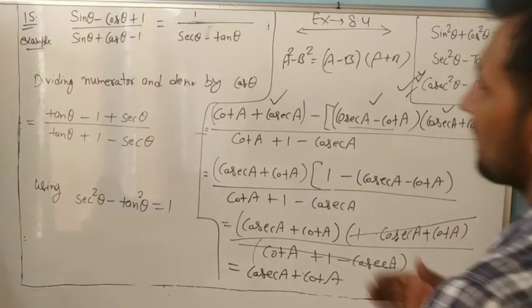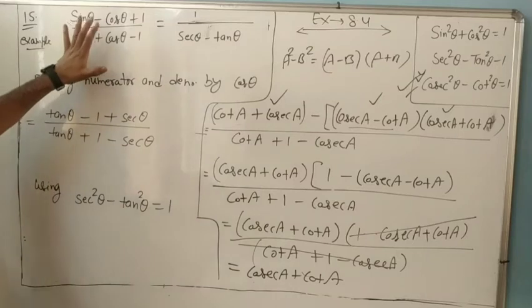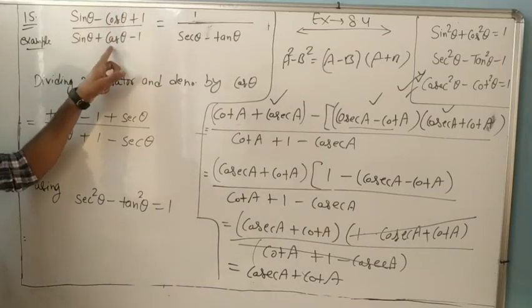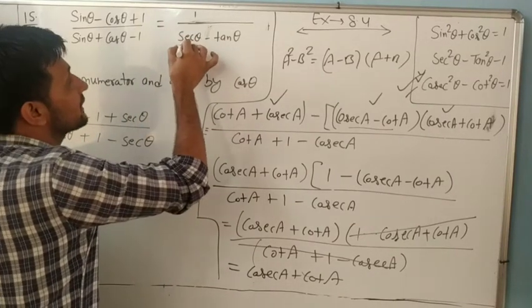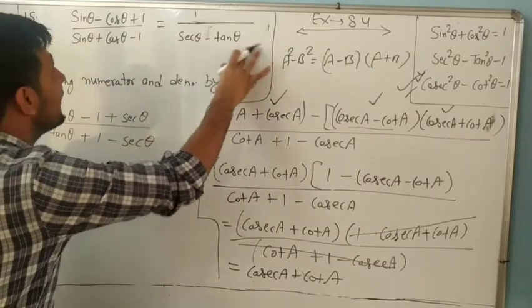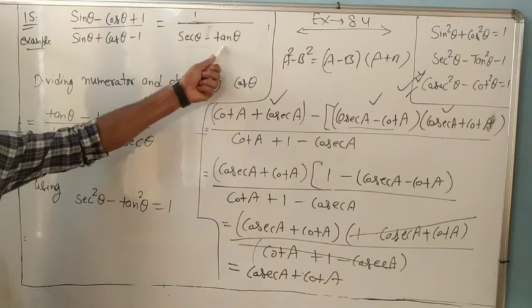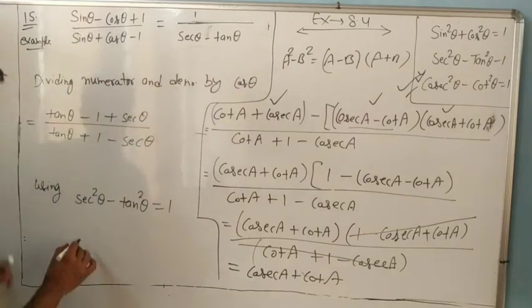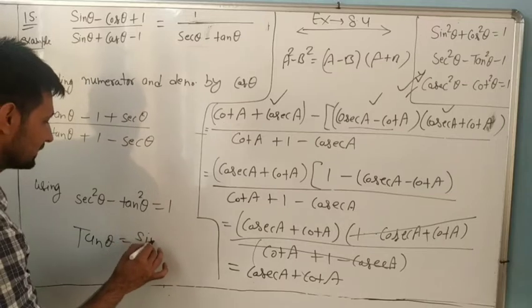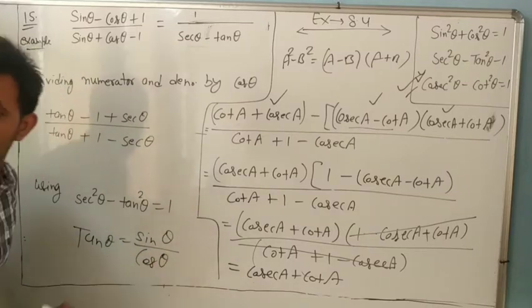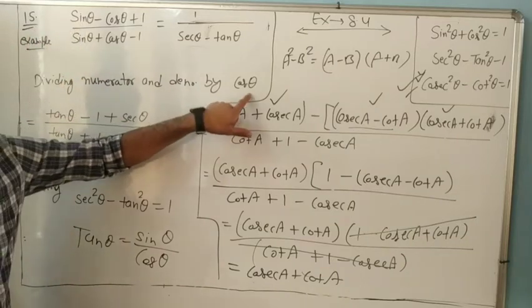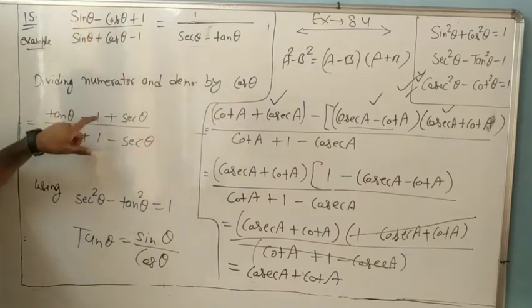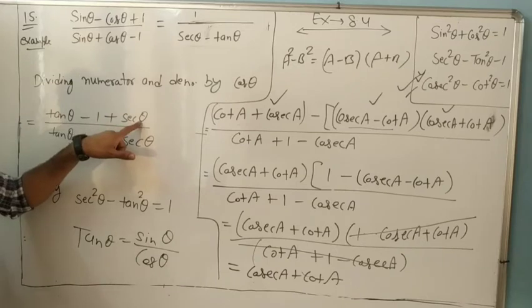Now dear, example number 15. What is given? Sin theta minus cos theta plus 1 upon sin theta plus cos theta minus 1. We have to convert it into 1 upon sec theta minus tan theta. Again, it is already in sin and cos, but we want to change to tan. How can we change? Tan is always sin theta upon cos theta, so we have to divide sin upon cos. So dividing numerator and denominator by cos theta, sin by cos is tan, cos by cos is 1, and 1 by cos is sec theta. Okay dear, cos is the reciprocal of sec.